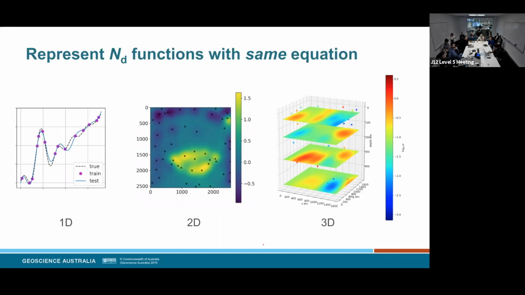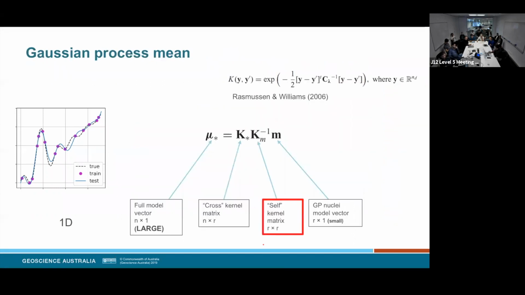However, there is a catch. Now, I'm showing you here the equation for a Gaussian process mean, and Sally's immediately going to say, why are you using a Euclidean kernel? It's a bad, smooth kernel to be using. And well, it's just a kernel. You can use whatever kernels you like.